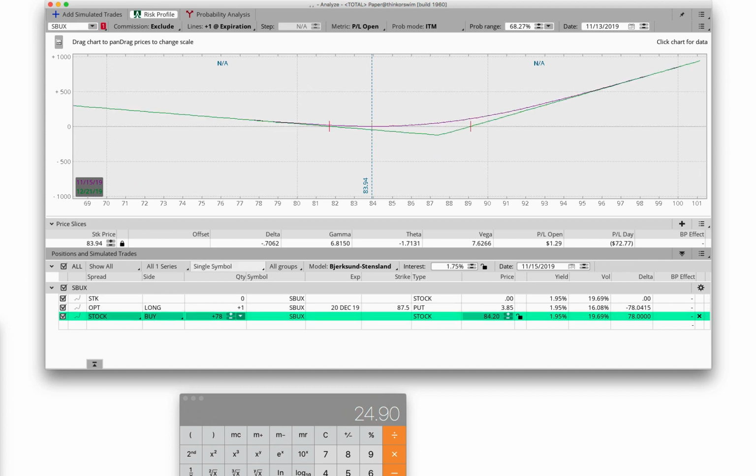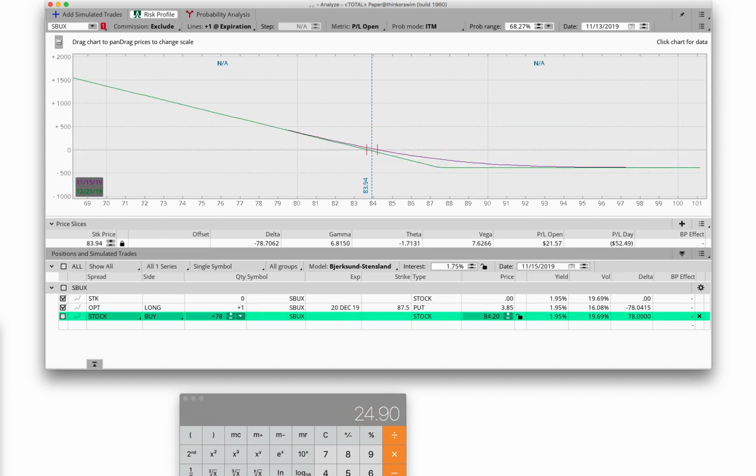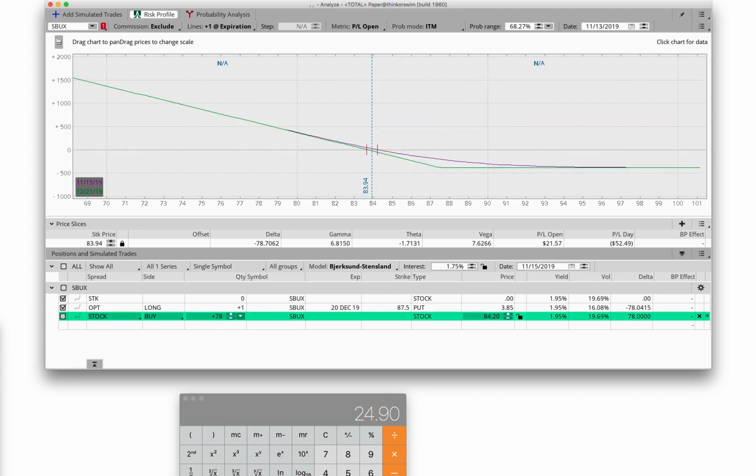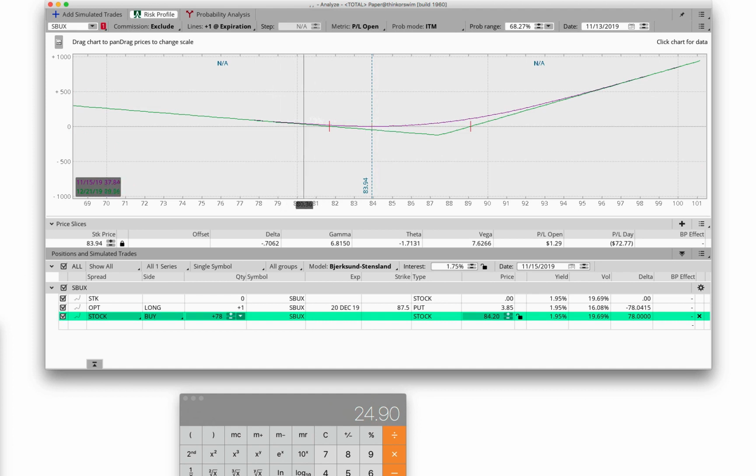Delta hedge. I take that number 78, that slope of 78. I get a positive slope. I know that one share, if I buy one share and it goes up $1, that's $1. So if I need $78 to hedge, I buy 78 shares. Bam, neutralize. See how it's flat. So now if there's trouble, I don't lose as much, and maybe I don't make as much, but at least I'm neutralized